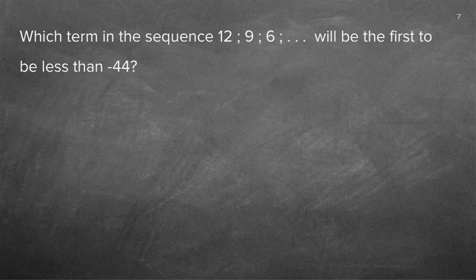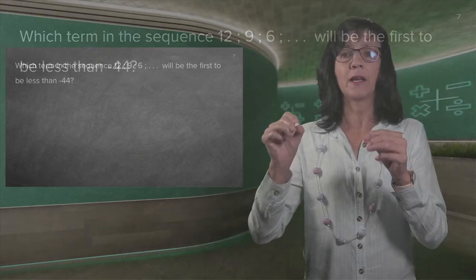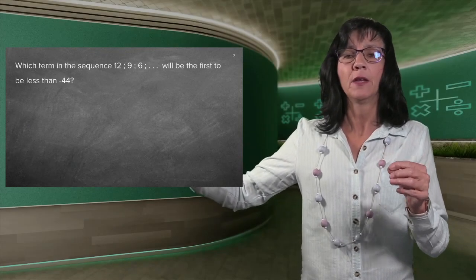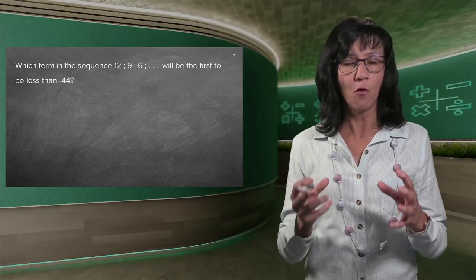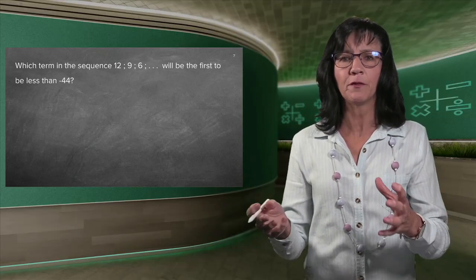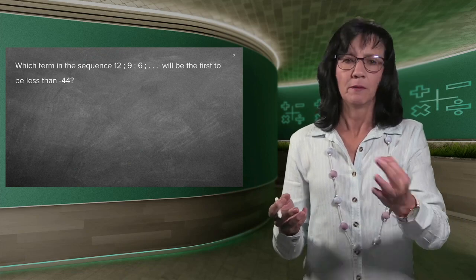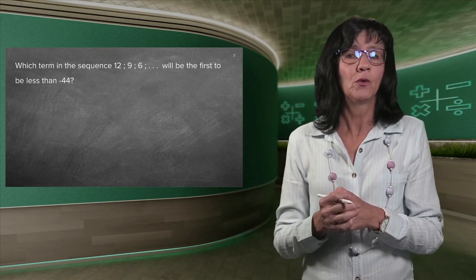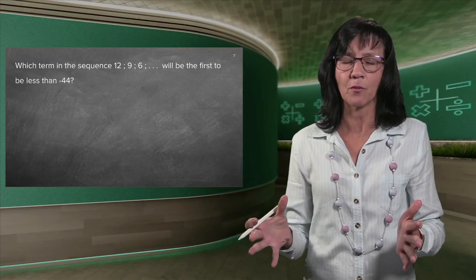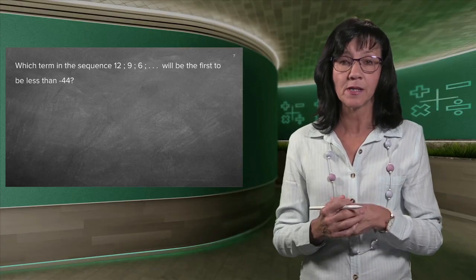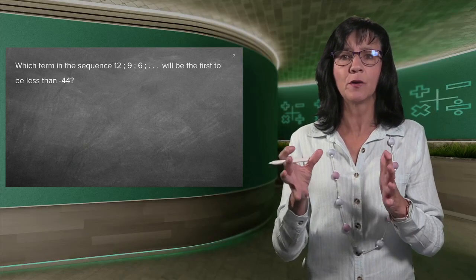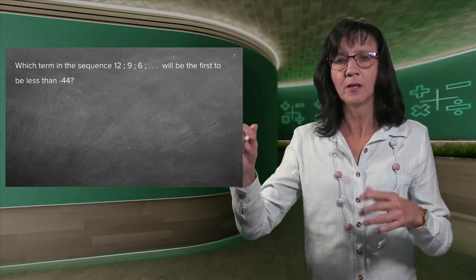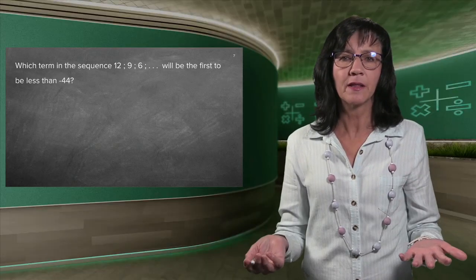So let's just get an empty page and do it there. Which term in the sequence will be the first to be less than minus 44? Now, I can either write out the whole sequence forever and ever and get to the minus 44 and see which term is less, but that is why we got a formula, to save you all of that time. And remember, if we give a mark allocation of 3 marks, maybe for a sum like this, or maybe 4, you cannot spend 6 or 7 minutes on that problem. So you cannot write out the whole big fat sequence. We're giving you marks for the formula, for the substitution, so you have to write. If they only ask 3 or 4 or 5 or 6 terms, then you can write them out and read the answer. But if they ask something like that, we need a formula.